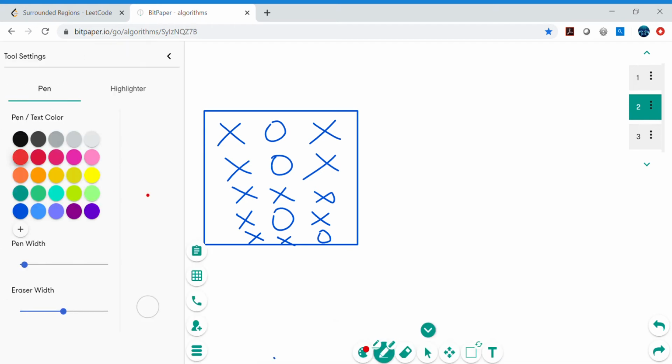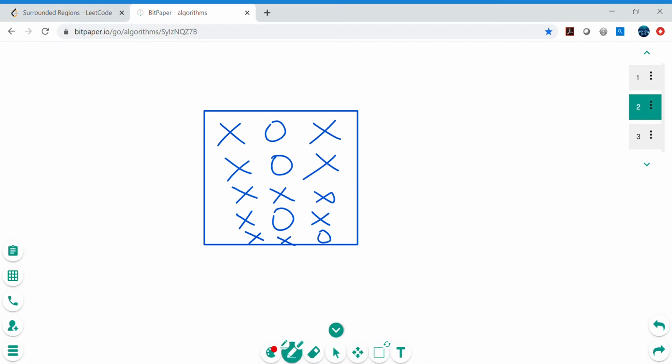Now can we change these O's to X? We cannot, because this is on the boundary, and whatever is connected to the boundary we also cannot change. So these O's will be unchanged. What about this O? We can change this O to X because it's not on the boundary, and it is surrounded with X.